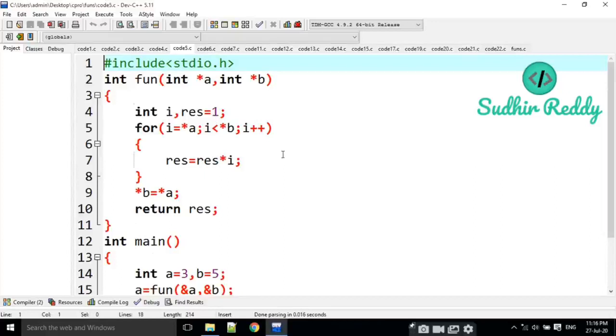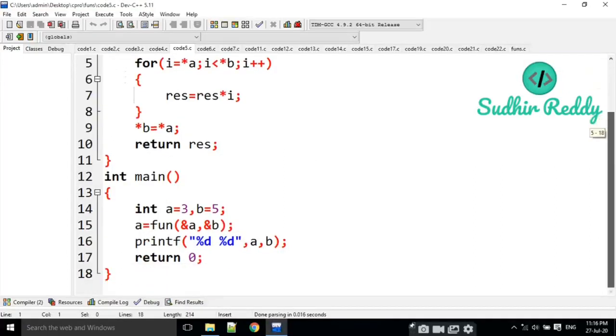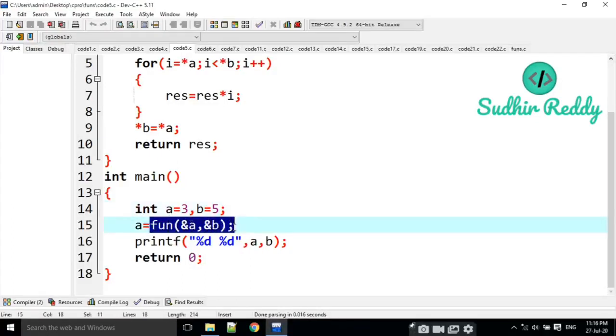The next question. Here 3 comma 5. Look at this. What is this? There are two arguments, but instead of a comma b, here we are passing ampersand a comma ampersand b. That means the function name is fun.